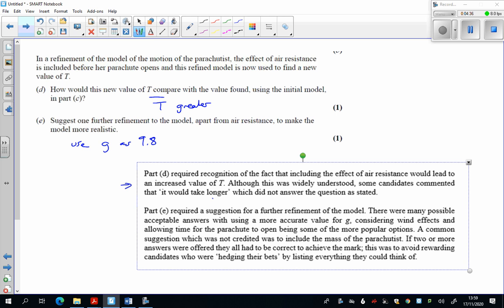And one further suggestion, the most obvious one is if you use g as 9.8 rather than 10. But there were lots of other ones as well about the effect of wind, the effect of spin, the fact that they don't fall vertically. The one that lots of people